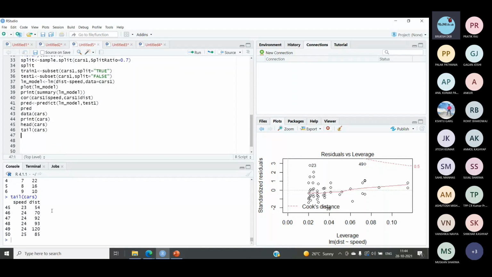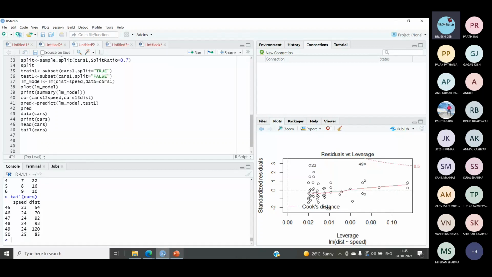But remember one thing, if you want to define correlationship between two variables, then the values should occur in pairs. It means if 50 values exist for speed, then 50 values must exist for distance also. So for defining a correlationship between the predictor and these type of variables, you must have the values occurring in pairs only. Fine. So next, let us proceed towards the next exercise.